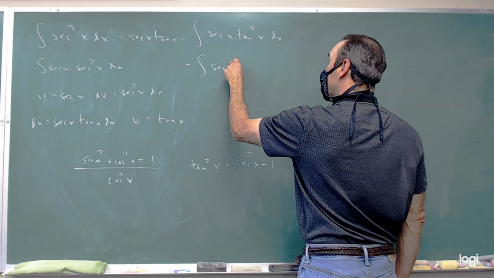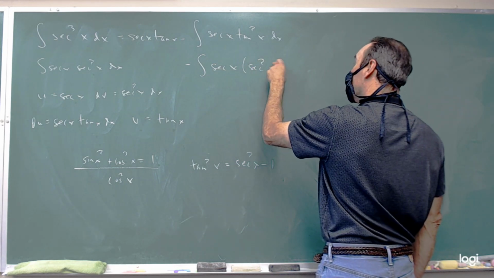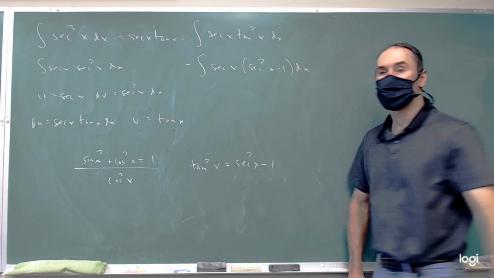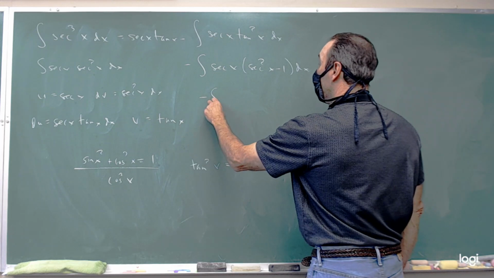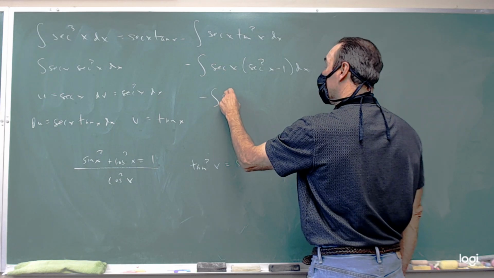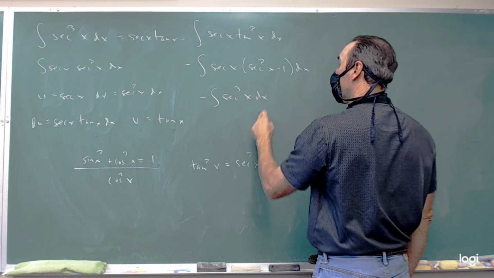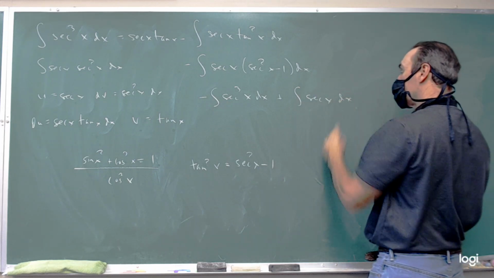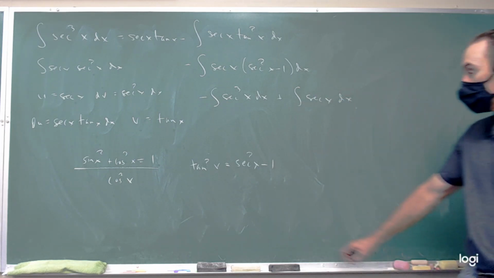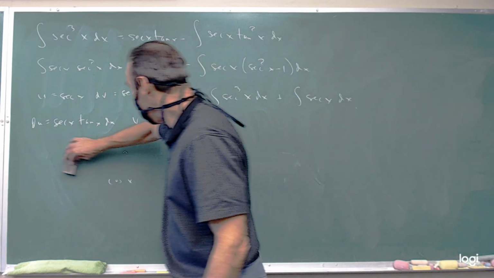We'll have secant x times, and we're going to trade that in for secant squared x minus 1. So when we distribute, we're going to get minus the secant cubed. Oh no, that's where we started this whole mess. Plus an integral of secant x dx. It's gotten worse. No, it's gotten better. Because now we can